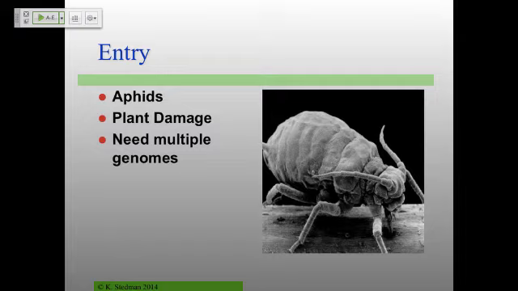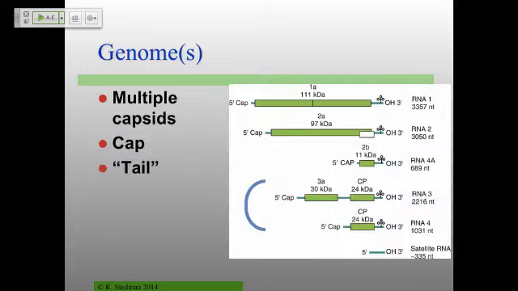So the aphid makes a hole, injects the virions in there, and then what's in those? There are multiple capsids, and this is true for Cucumber Mosaic virus, but many of the other plant viruses as well. You've got multiple RNAs, again, segmented genomes, each of them packaged in a separate virion. In this case, for Cucumber Mosaic virus, RNA1, RNA2, and then RNA3 and RNA4 are packaged. One of the things that